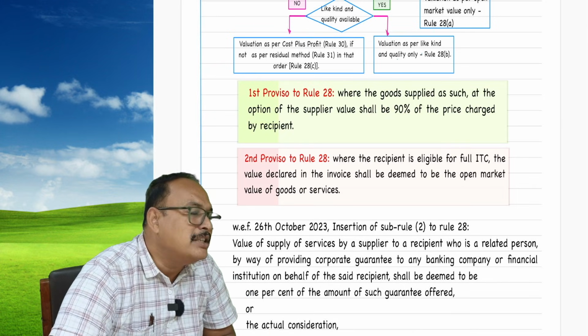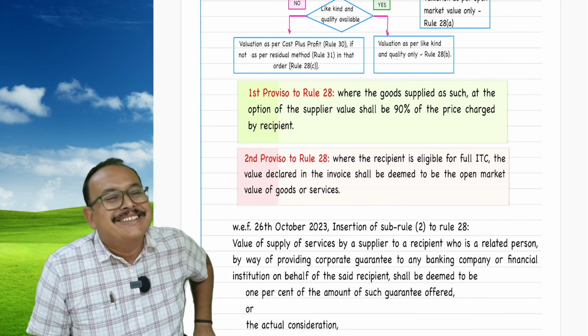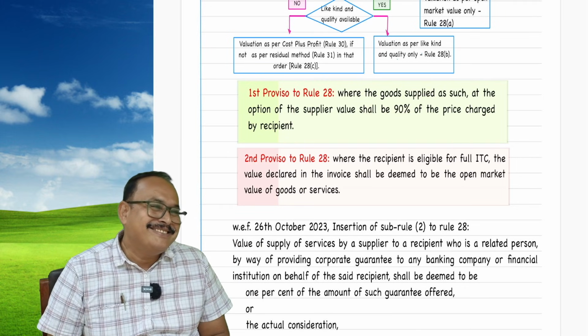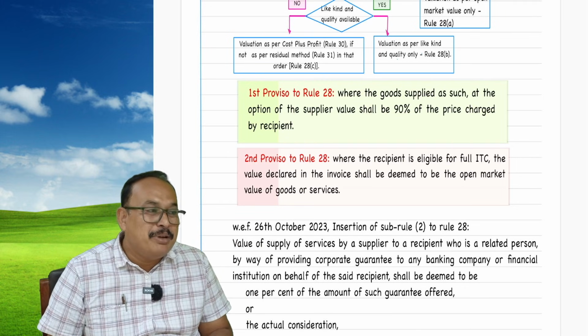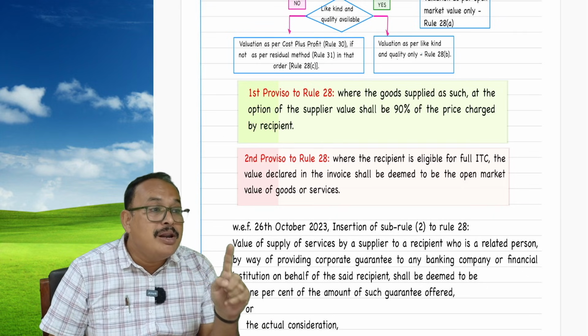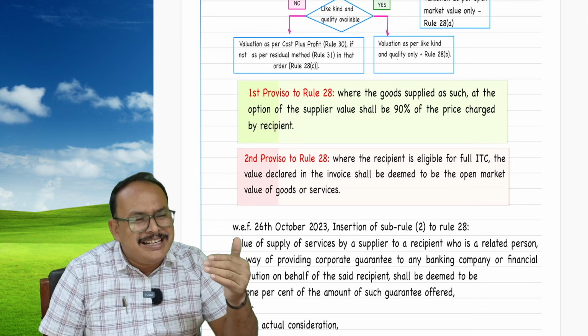Rule number 28, sub number 1, second proviso says that you are not required to pay the GST. Show zero value in the invoice, pay zero tax. It is a benefit. This is only applicable if the recipient is eligible to claim the full amount of input tax credit. Coming to rule number 28, sub number 2,